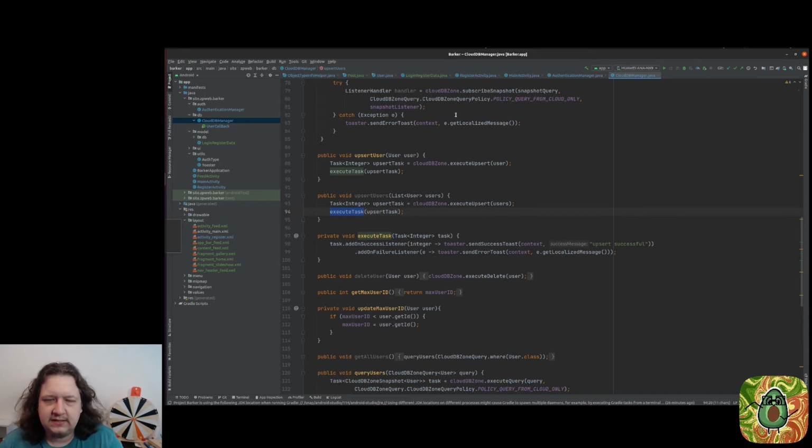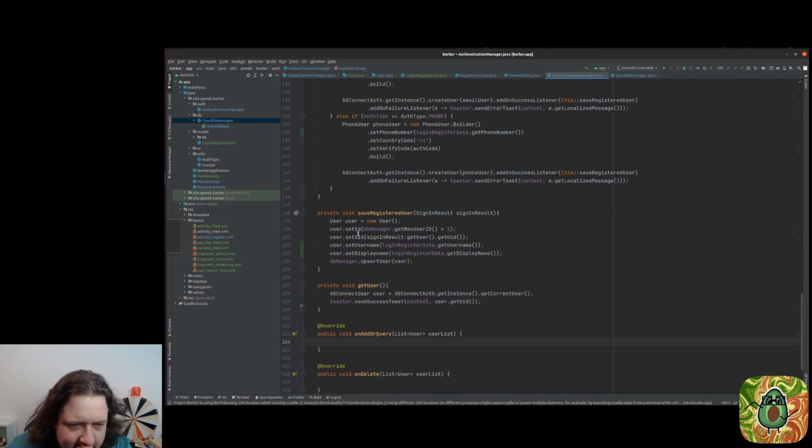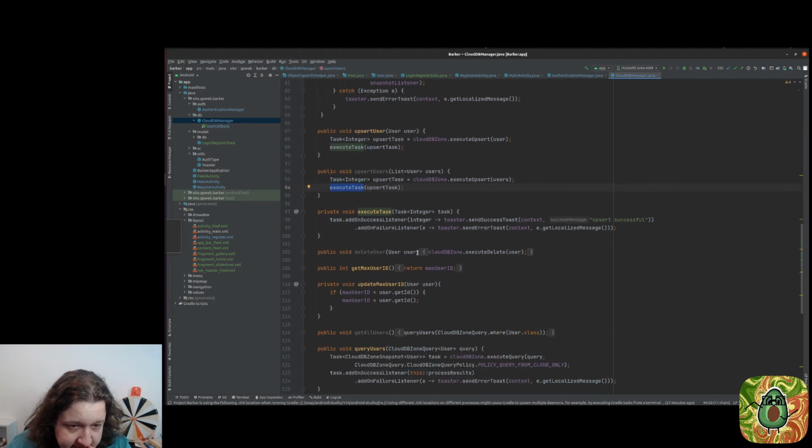I think so, because we're setting all the fields. Oh, of course, yeah. So we're getting the integer. We're setting all the fields. We actually then need to refresh that as part of the upsert. I think that's the best way to do it. Okay, so we're executing the task, but I think actually that's fine. We're executing the task, and if there is a failure,